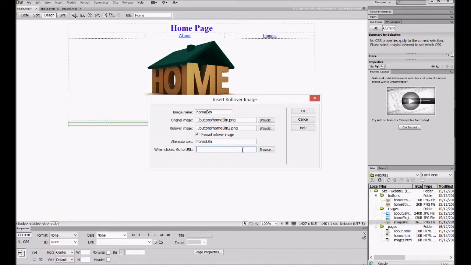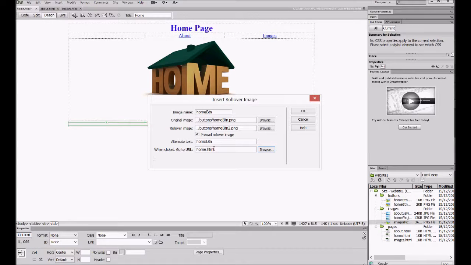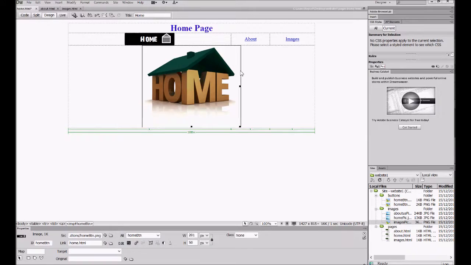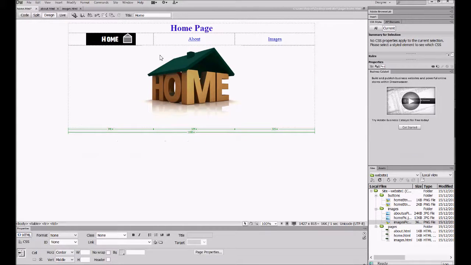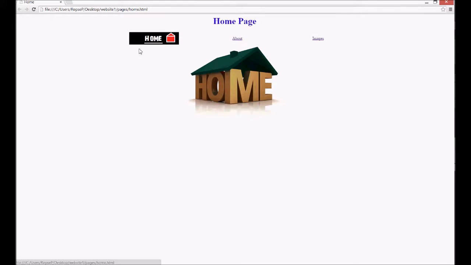You can type it manually, or you can say browse and choose it from our pages, and we know that's our home page. Alright, press OK, and we have a home button ready to go. Let's just drag this across here so that it spaces it a bit better. And if you press F12 now, after saving it, of course, Control S, F12, you should have a working rollover